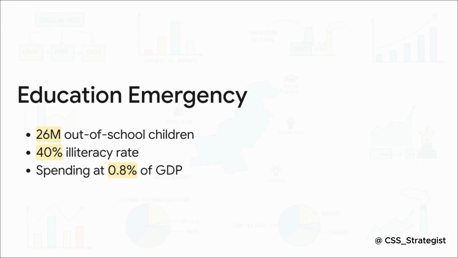Now, if you are writing a CSS essay on the demographic dividend, you absolutely must argue that a youth bulge without education and skills is not a dividend at all, it's a demographic disaster. An uneducated and unemployed youth creates immense, deep-rooted structural vulnerabilities for the state moving forward.